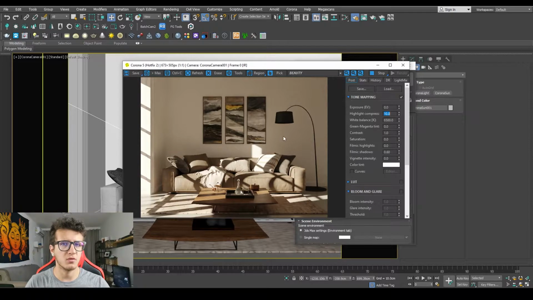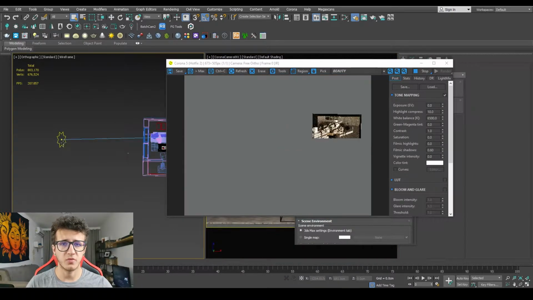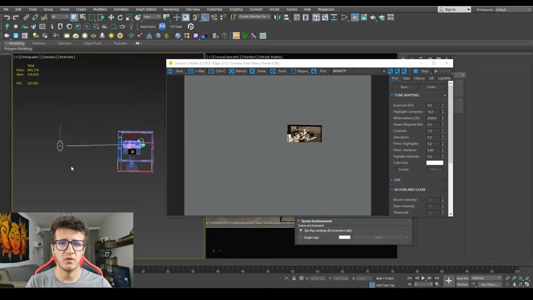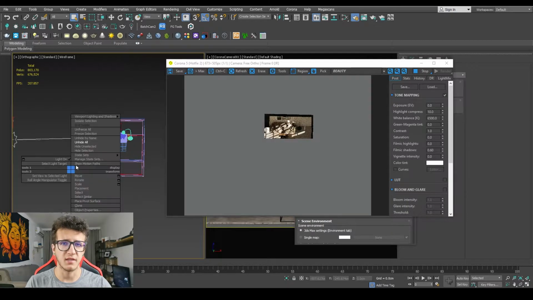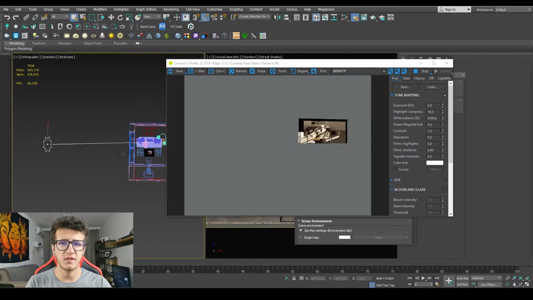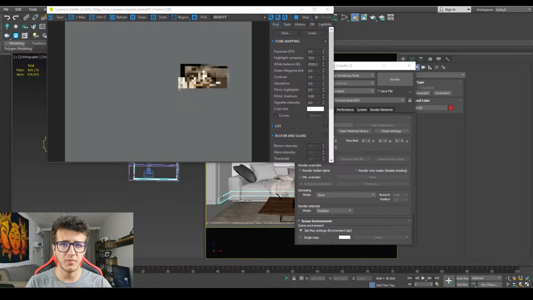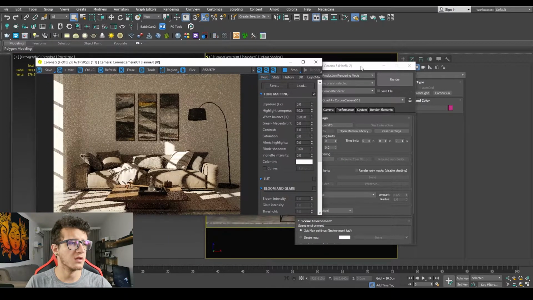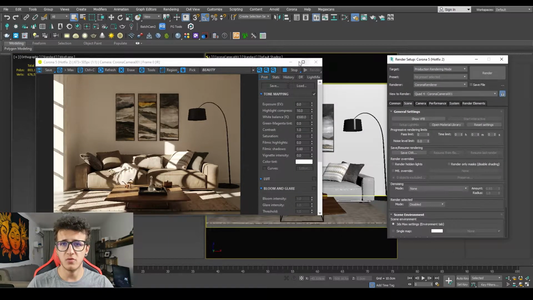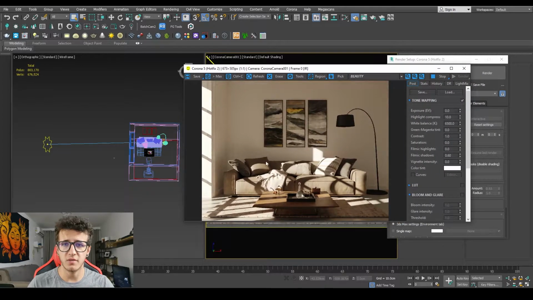Yeah, I think 10 is good for me. I don't want this to happen when I change the view mode, for example to change the sun settings, and I can fix this by going to render setup and pressing on this little locker over here. And now we can do any change we want in other viewports because the interactive mode will be locked on